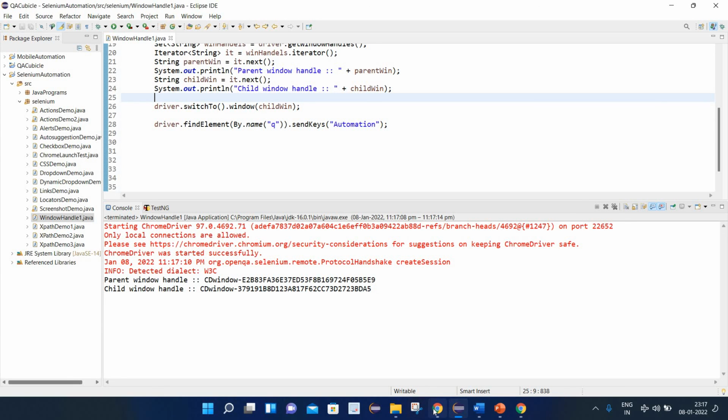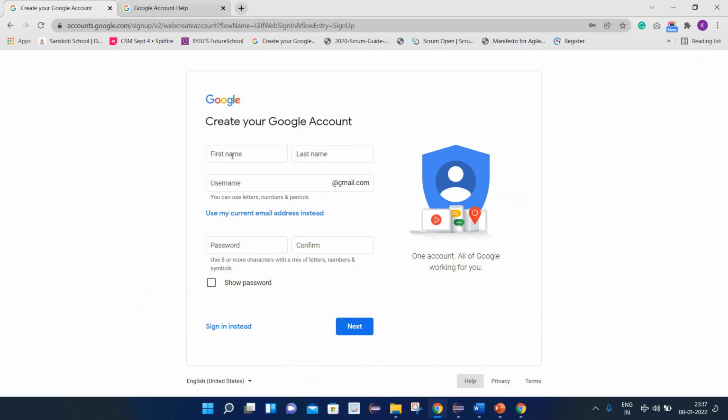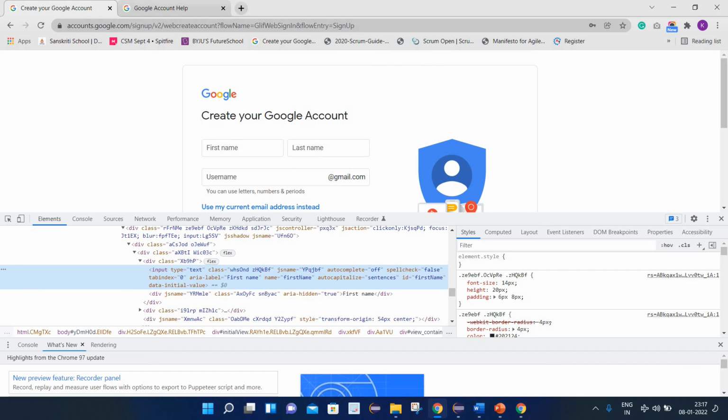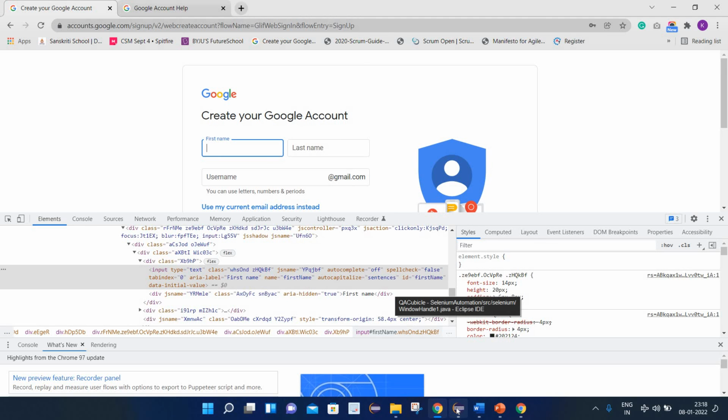In the same way, now let's try to input something inside the parent window. Let's try to input a first name inside this first name text field. Here we can see that it has the id attribute, so let's use it to identify this element.